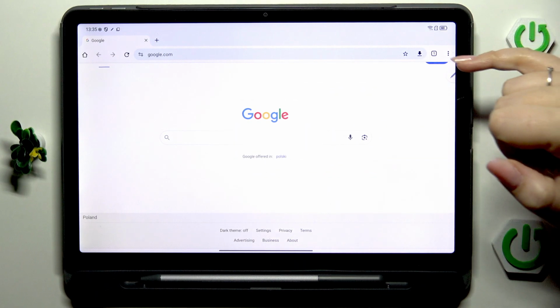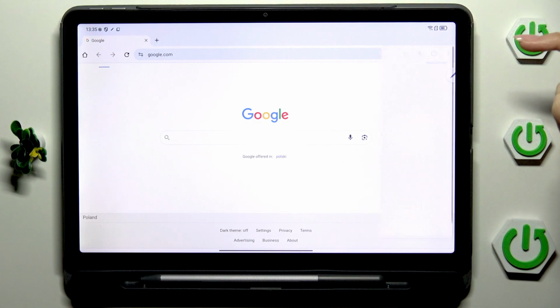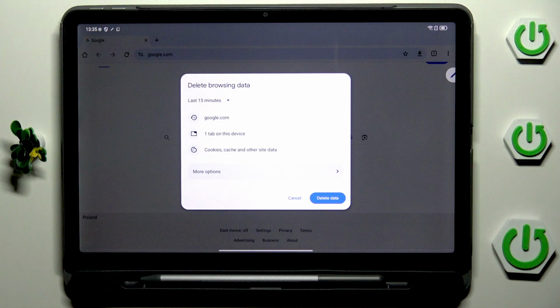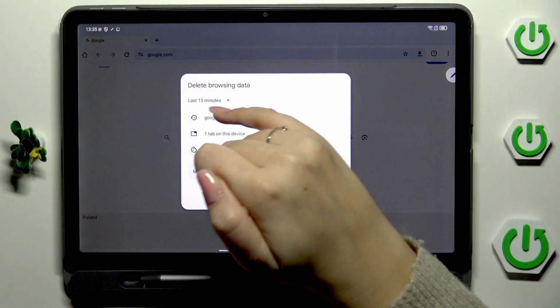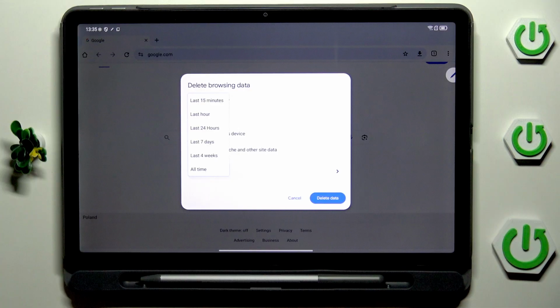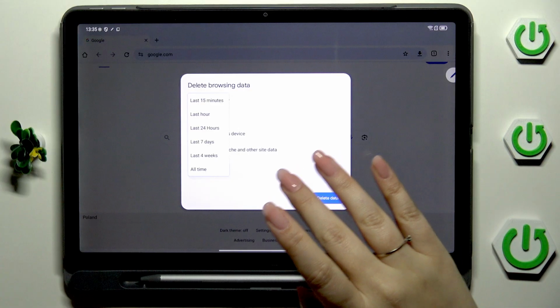So now all you have to do is to tap on the three dots icon in the right upper corner and tap on Delete Browsing Data. So here we've got some basic options like visited websites, opened tabs, cookies, cache, and other site data. You can change the time range, so from last 15 minutes to, for example, last 4 weeks, and then simply